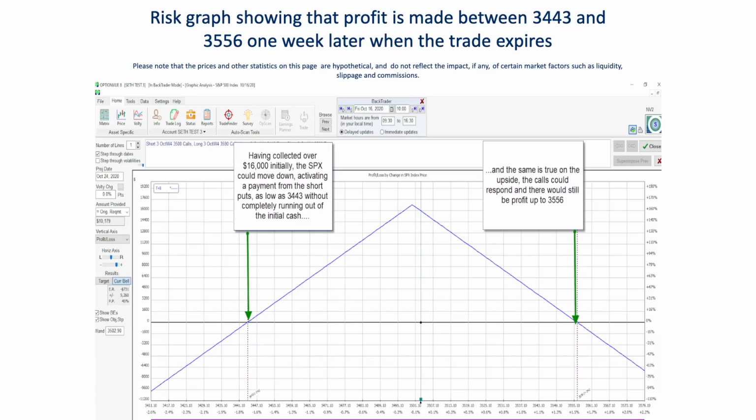And so options software provides you with a pictorial version of how that plays out on what are called risk graphs. And as you can see, the market could go as low as 34.43 before the put options pay out so much that we run out of the original $16,000. And the calls could pay out up to a closing price of 35.56 before the payout on the short calls would exhaust the original cash that we received. And so this graph represents the amount of profit you'd make between those 2 prices. And the closer you are to the center, which is 3,500, the less either the call or the put would pay out, and therefore the more money you'd make,